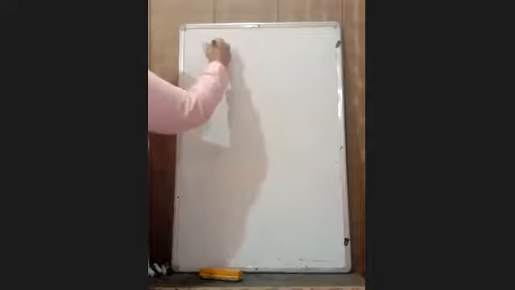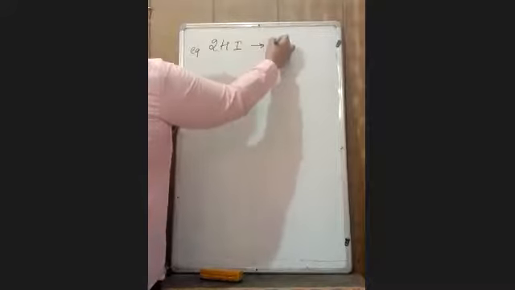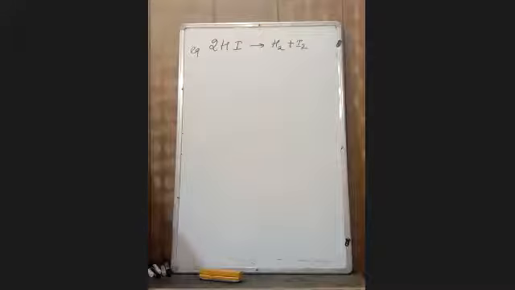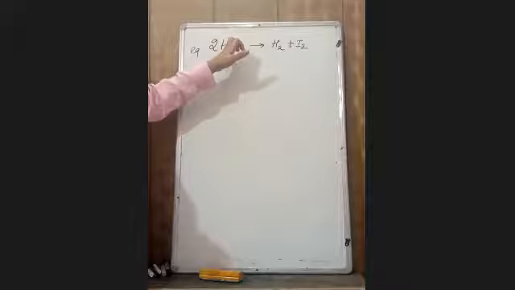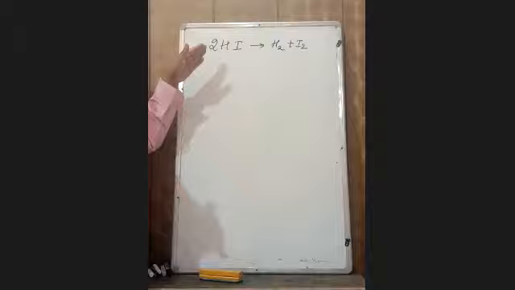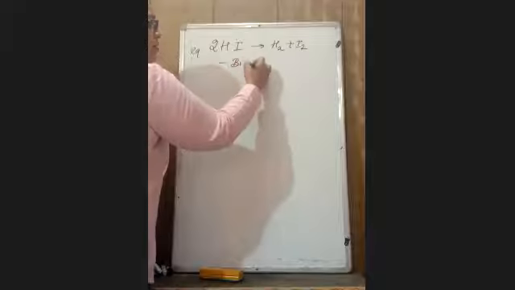Now, if two molecules are colliding, two species are colliding and producing the product, for example, hydrogen iodide decomposes to form hydrogen plus iodine. It is a two-step reaction. In this, two molecules are colliding. This undergoes intermediate formation and it can occur in two steps and form H2 and I2. It is a bimolecular reaction.